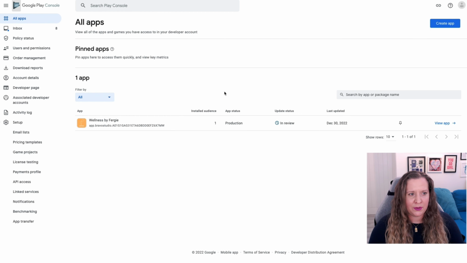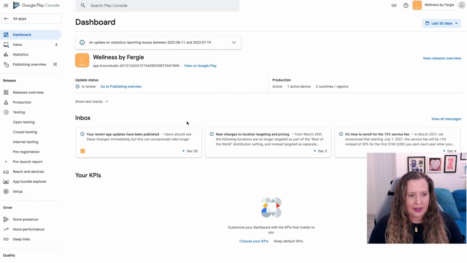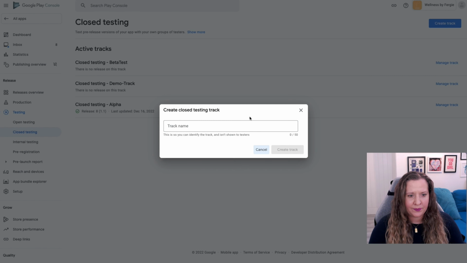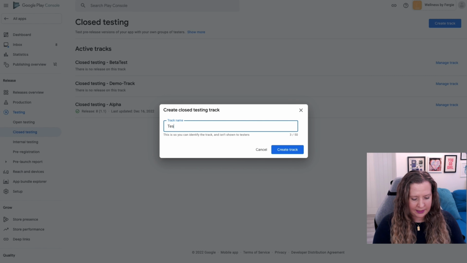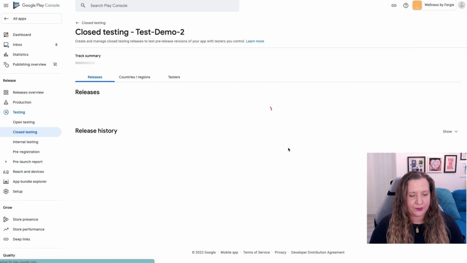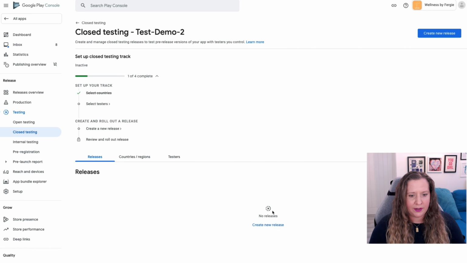So head over to your Google Play console, select the app you've already published, and we're going to go ahead and select closed testing here in the navigation. We're going to create a new track. We'll call this our test demo. You can call it anything you like. I'm going to call mine test demo 2. Create the track. Creating the release is where we're going to upload that AAB file once it's ready, but we need to select